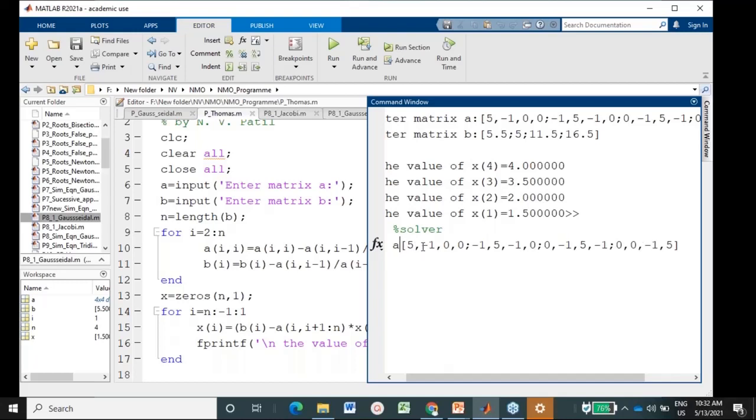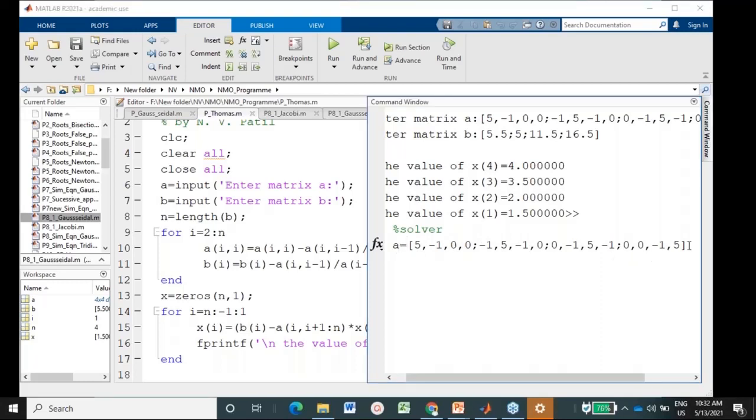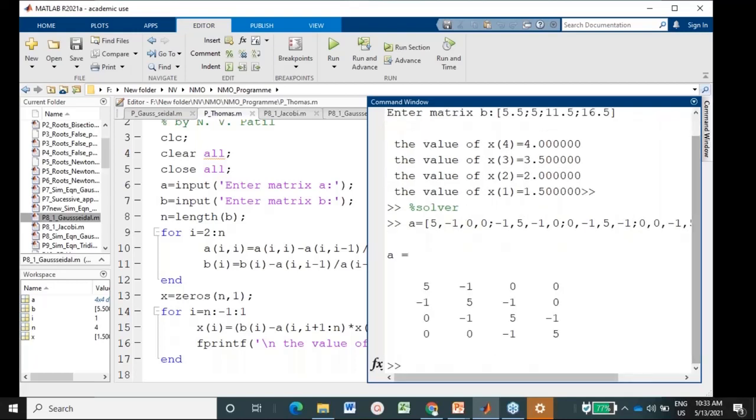Don't use A colon. We have to assign this matrix to variable A. So always use A is equal to. Okay, so A is equal to, it will be defined. If you use a semicolon on the right hand side, then the matrix will not be shown on your screen. And if you do not use the semicolon, the matrix will be printed on your screen. So if I do not use the semicolon and hit the enter key, you can see the A matrix printed on your screen.